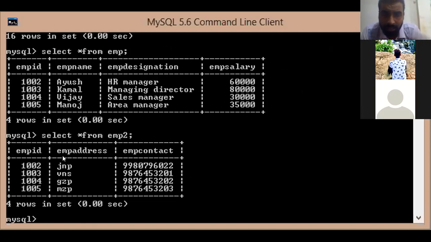This employee 2 table is being joined with employee 1 table, with all the rows and all the columns. Remember this. One time columns are joined and second time rows are joined. That's why so many records were displayed. So many records were coming in the Cartesian product. Have you understood?